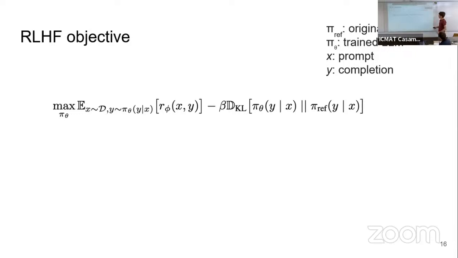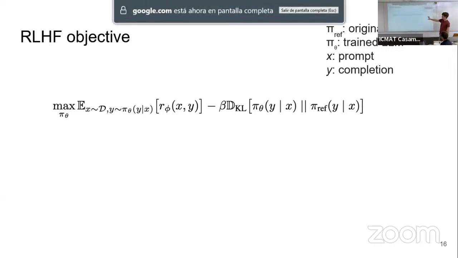Can we consider the second term as a regularizer? Yeah, I think so, pretty much. The divergence is a distance measure, so it's a number greater than or equal to zero, and it has a negative sign, so it controls this. It's important because people noticed that if they don't have this part, the model breaks because it optimizes the reward too much and then generates rubbish output. So that's the part. But a priori, there is no other argument for this.